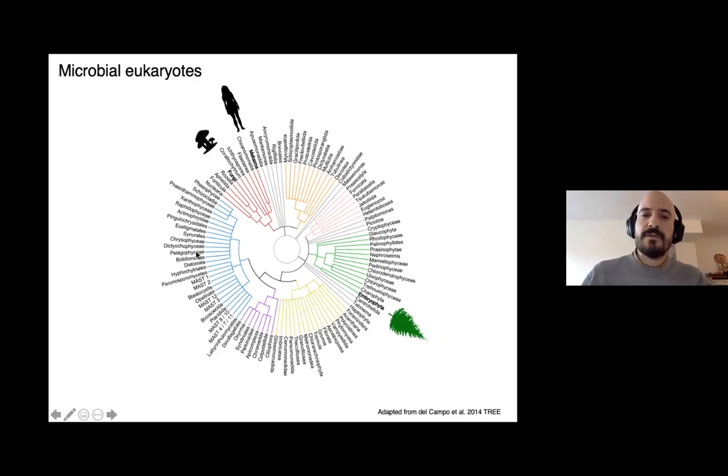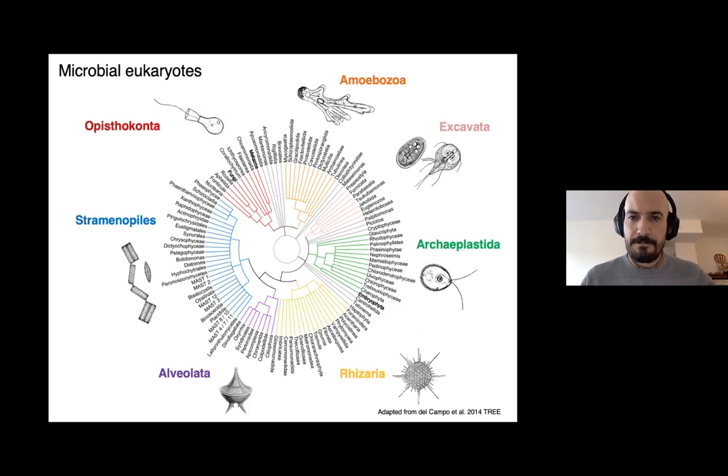All the other eukaryotic diversity are what we call protists. Most of them are unicellular, and most of them are microscopic. These are the main groups of eukaryotes. Here we have the amebozoans that include well-known parasites like Acanthamoeba. Here we have the excavates, which contain some parasites like Giardia, and the Archaeplastida that include the plants and most of the algae that we know. Rhizaria include the beautiful radiolarians, and alveolates include the dinoflagellates, but also the malaria agent.